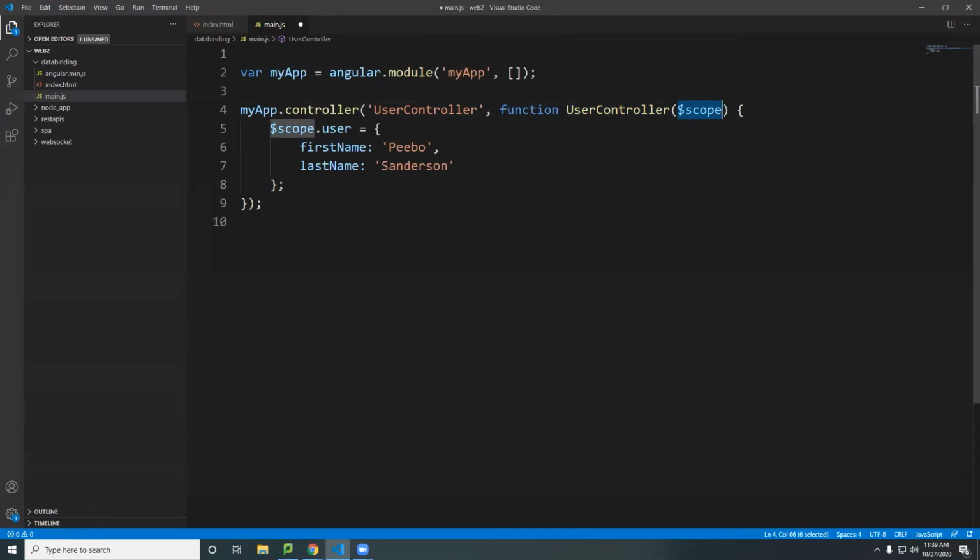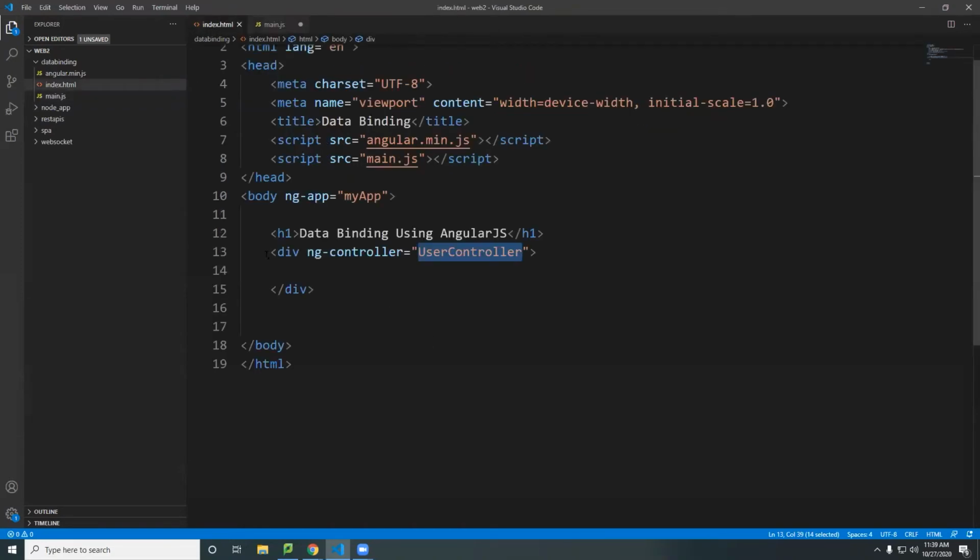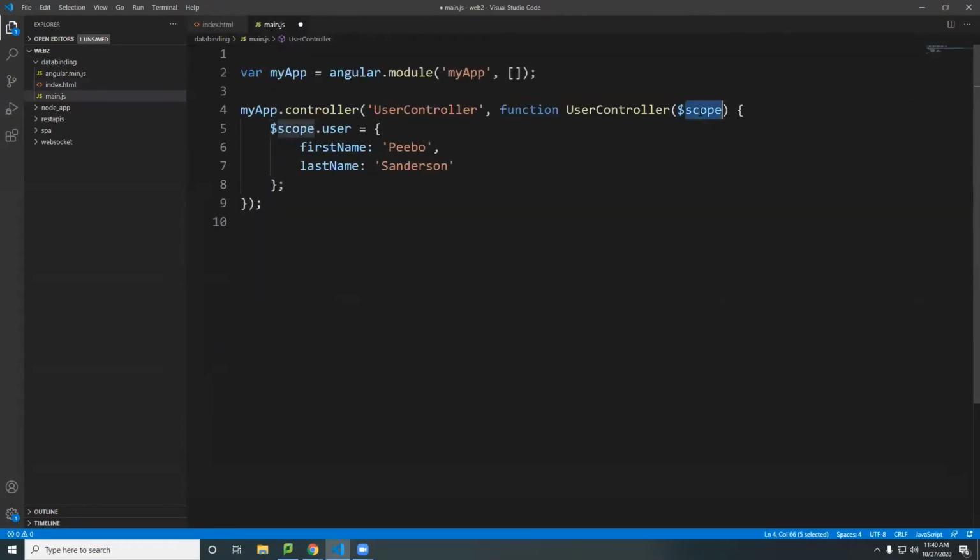This scope variable here is an object that allows Angular to bind data from this controller, the source, to this view here. This is the view, okay? The entire template is a template, but this is the view itself. The Angular view is inside here. So it manages that for us through the scope. And any data that you want to pass out to that view,